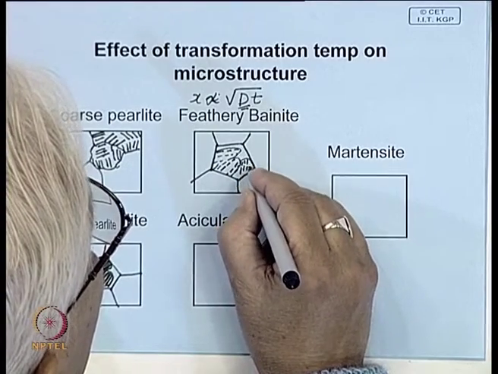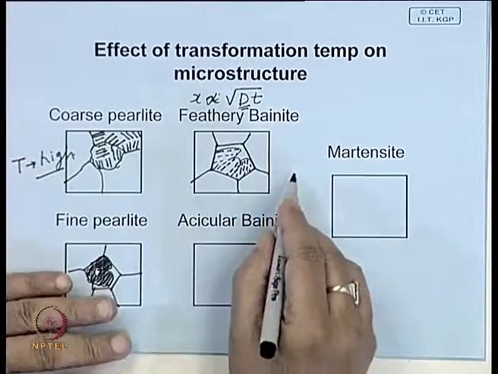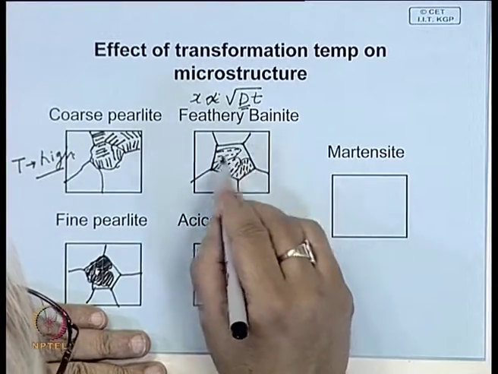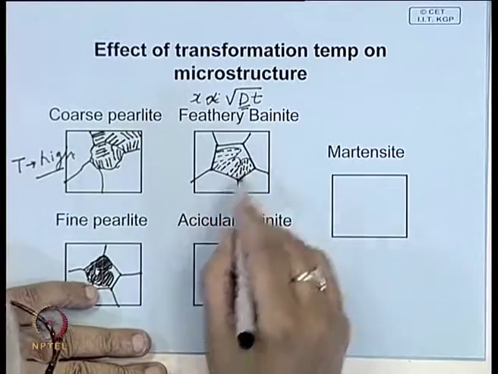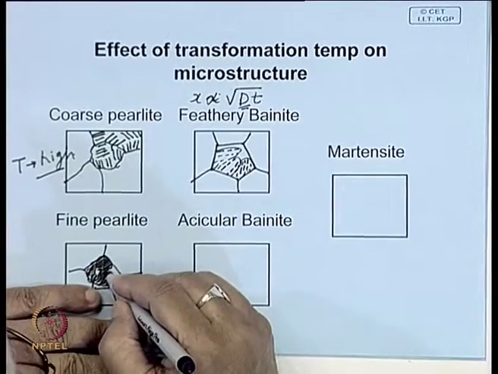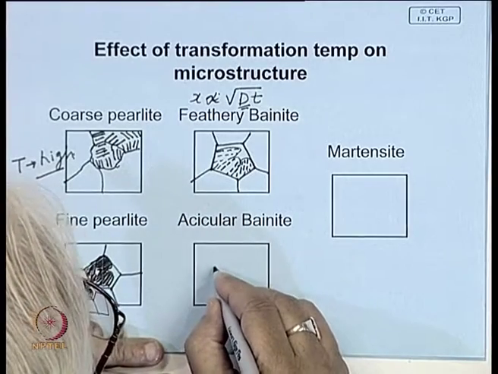And the structure is very fine, and what I am drawing here is a very enlarged view. In an optical microscope, it may look very much similar to this. It will be extremely difficult to distinguish between fine pearlite and feathery bainite, whereas in acicular bainite,